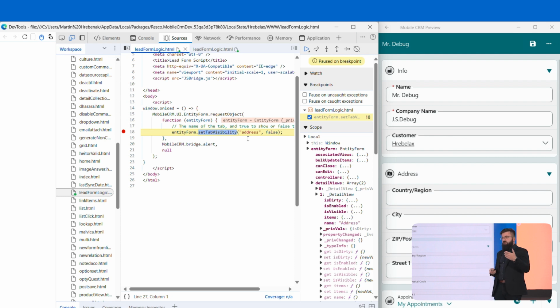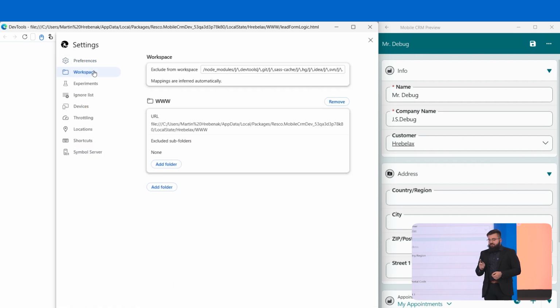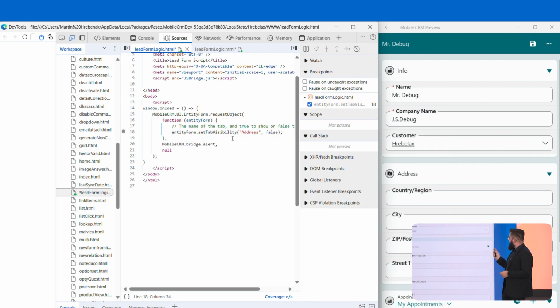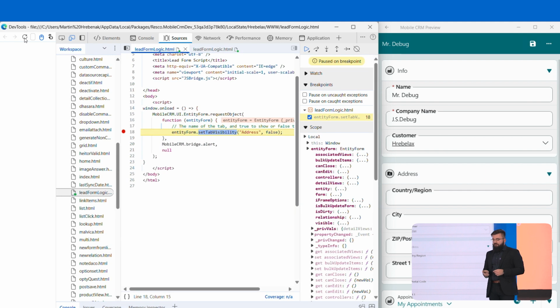Would we change it in offline HTML in Woodford, publish, synchronize, or change it in a local app data, reload the form? Or now you can just access the debugger settings, add your app data folder into this workspaces folder, and what you can do now is direct code editing while you are debugging. It can save a lot of time, and you can see I changed the code, I resumed the debugger, saved the code, and now I will refresh it again. Resume the debugger,